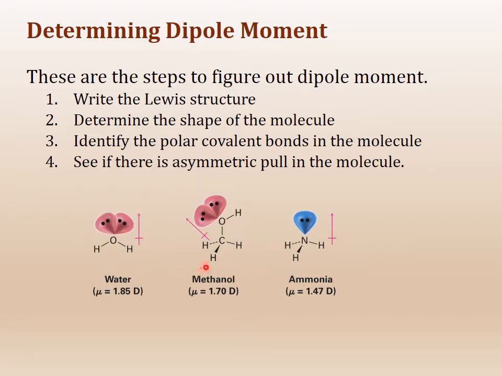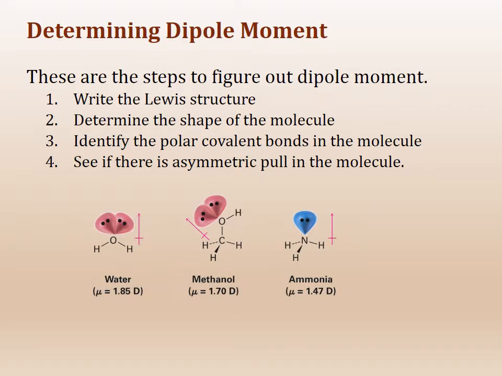And in case of methanol, oxygen is more electronegative than carbon. And because of the shape of the molecule, which is bent, there is an asymmetric pull towards oxygen. Okay, and that's where the arrow is pointing then. In case of ammonia, nitrogen is very electronegative, and so there's an asymmetric pull towards nitrogen, and that's where the arrow is pointing then. Please remember, this arrow that is pointing has a crosshair on it, and this is the only arrow that we